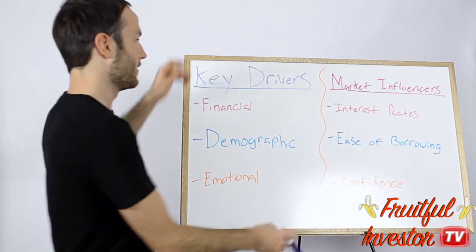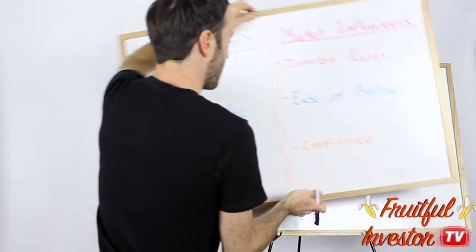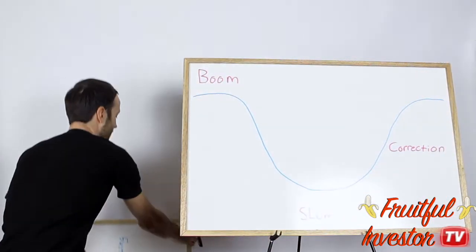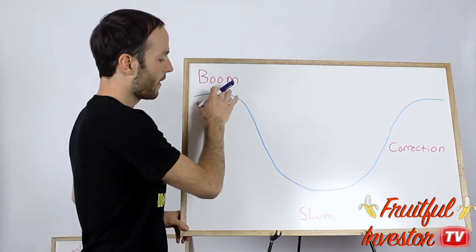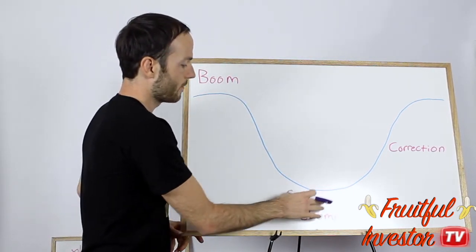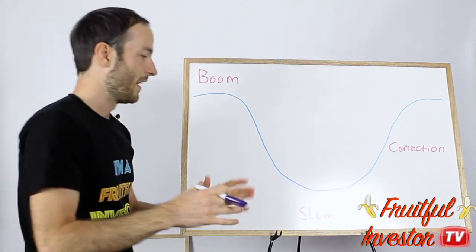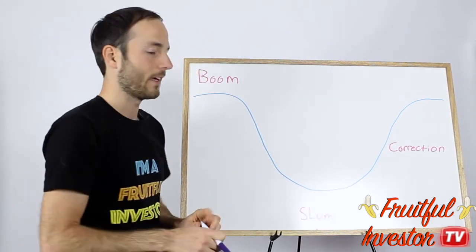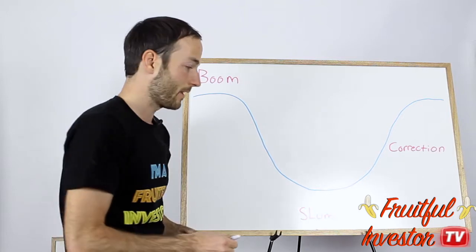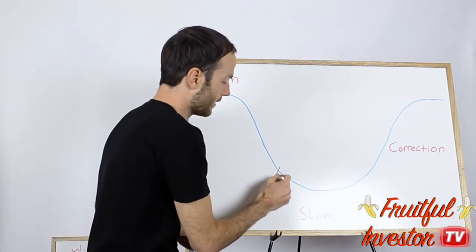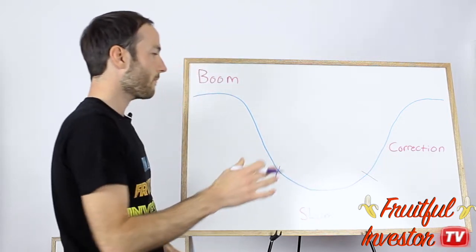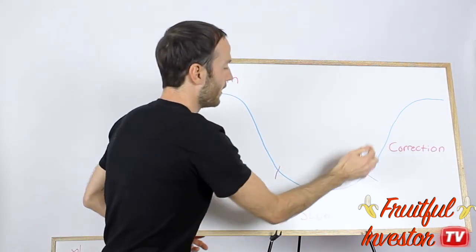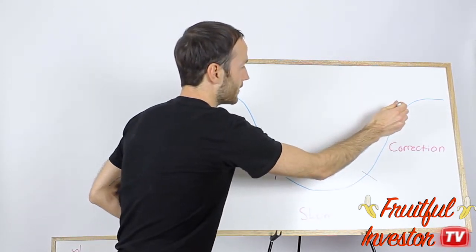So let's get into the graph where you can see phases of the real estate cycle. Obviously, if we're at the boom, we're at the top of the market. When we go down to the slump, this is the bottom of the market. This is when there's a lot of properties on the market and not a lot of buyers. So a buyer's market would be a very good indication of a slump phase. And again, the correction is when prices start going back up. Typically the longest phase,